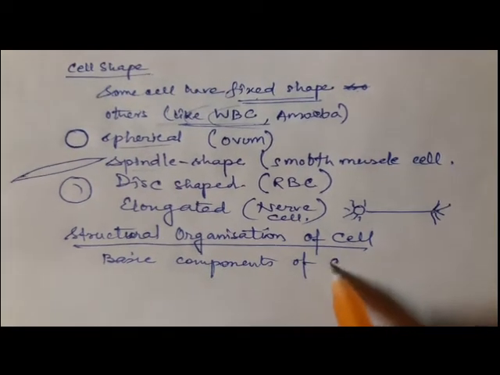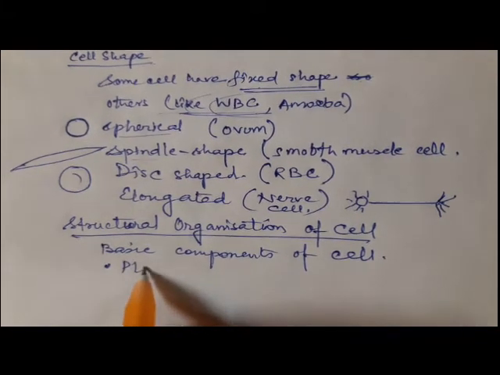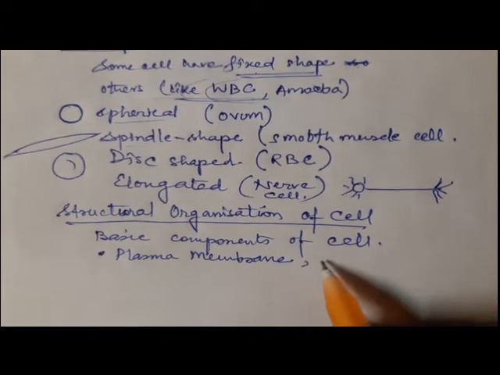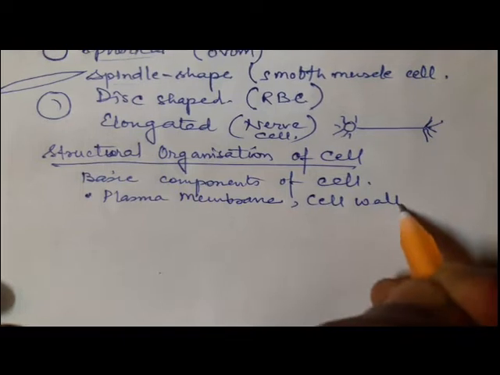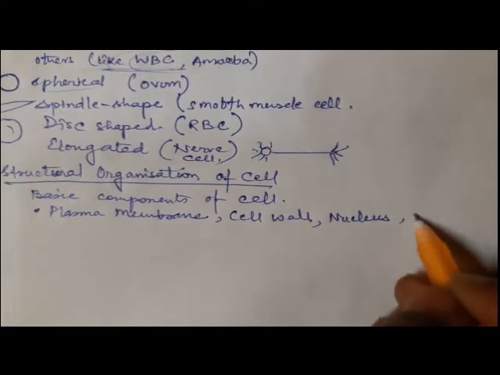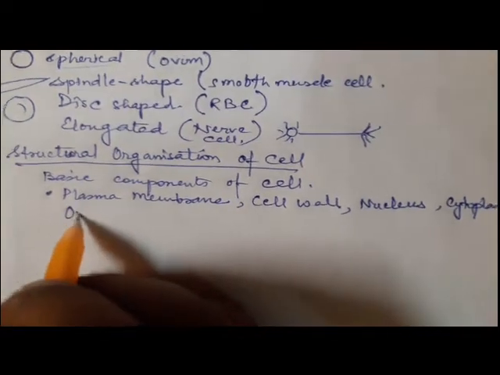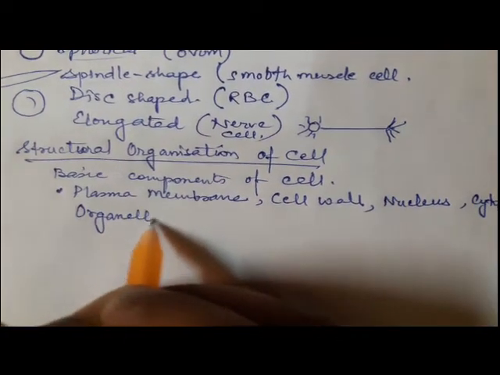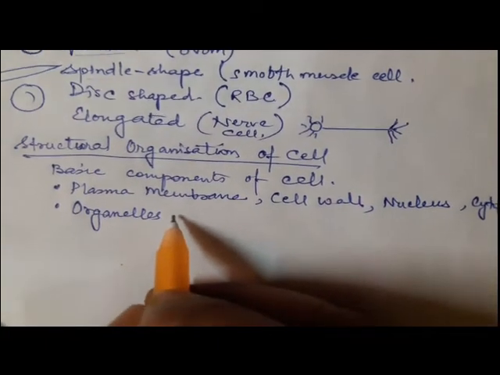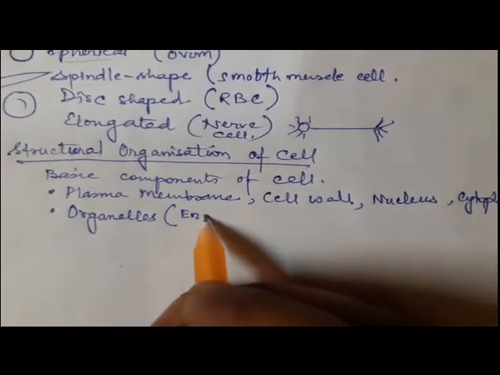Basic components of cell, like plasma membrane, then cell wall, then you have nucleus, cytoplasm. We also have organelles, which are very important components of cell, and under this particular topic we will study about